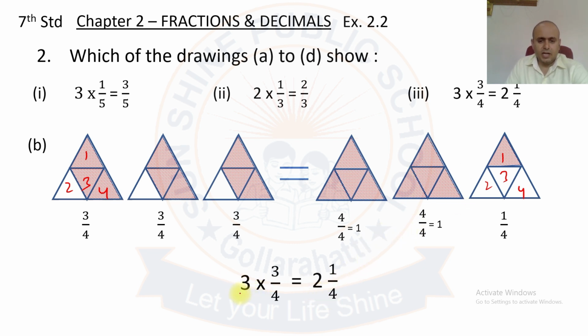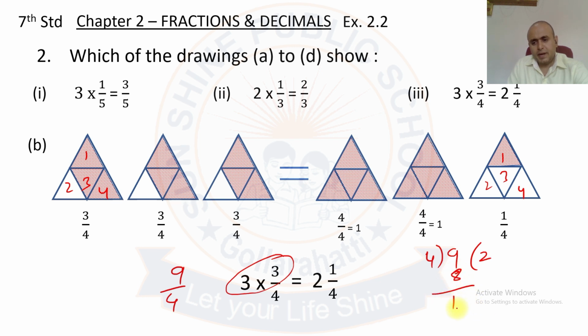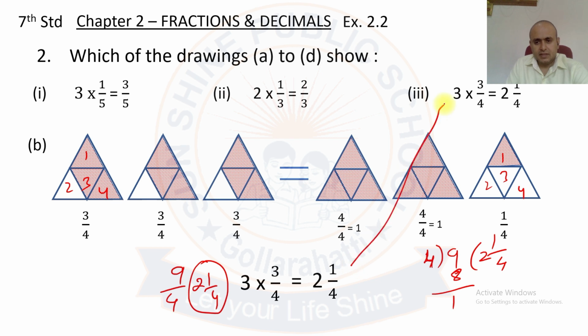And this gives, when you multiply these two numbers, that is 3 3s are 9 by 4 ಬರುತ್ತೆ. ಇದು ಮಲ್ಟಿಪ್ಲೈ ಮಾಡಿದ್ರೆ ನಿಮಗೆ that gives 3 3s are 9 by 4 and ಈ 9 by 4 ನಾವು 4 ಇಂದ ಡಿವೈಡ್ ಮಾಡಿದ್ರೆ ಇಂಪ್ರಾಪರ್ ಫ್ರಾಕ್ಷನ್ ನಾವು ಮಿಕ್ಸ್ಡ್ ಫ್ರಾಕ್ಷನ್ ಕನ್ವರ್ಟ್ ಮಾಡಿದಾಗ 4 2s are 8 and 1 ರಿಮೈಂಡರ್. ಈ 1 ರಿಮೈಂಡರ್ ಏನಾಗುತ್ತೆ ನ್ಯೂಮರೇಟರ್ ಆಗುತ್ತೆ and the 4 denominator ಹಾಗೆ ಇರುತ್ತೆ. So 2 1 by 4 ಬಂತು. When you convert 9 by 4 into mixed fraction again that comes as 2 1 by 4. So therefore the answer 3 into 3 by 4 is equal to 2 1 by 4 ಸರಿಯಾಗಿದೆ. So this refers to number 3.